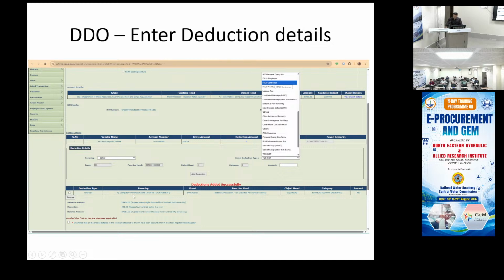So the deduction that we make from here, will it directly be submitted to the income tax department? Yes. Directly from here it gets submitted, on the click of the payment. The DDO has to file income tax returns. There's a form 27Q, 24Q. The accounts section fills all that from here, right? So you will have income tax for contractor, income tax for employees, and quarterly you will have to do the filing. 24Q and 27Q.